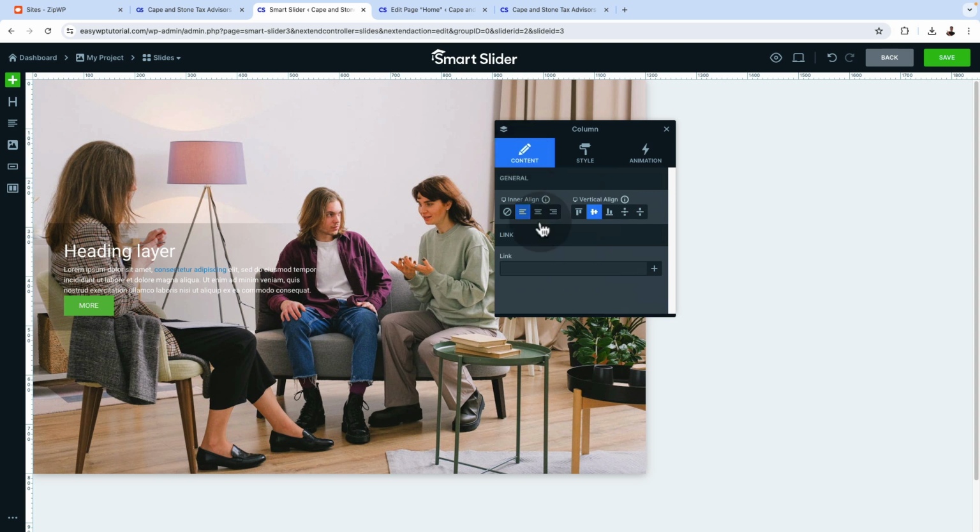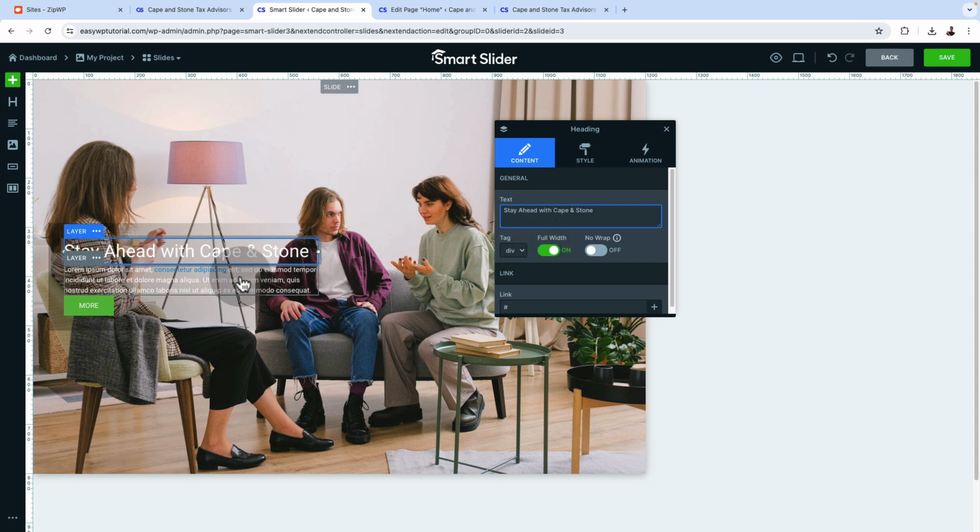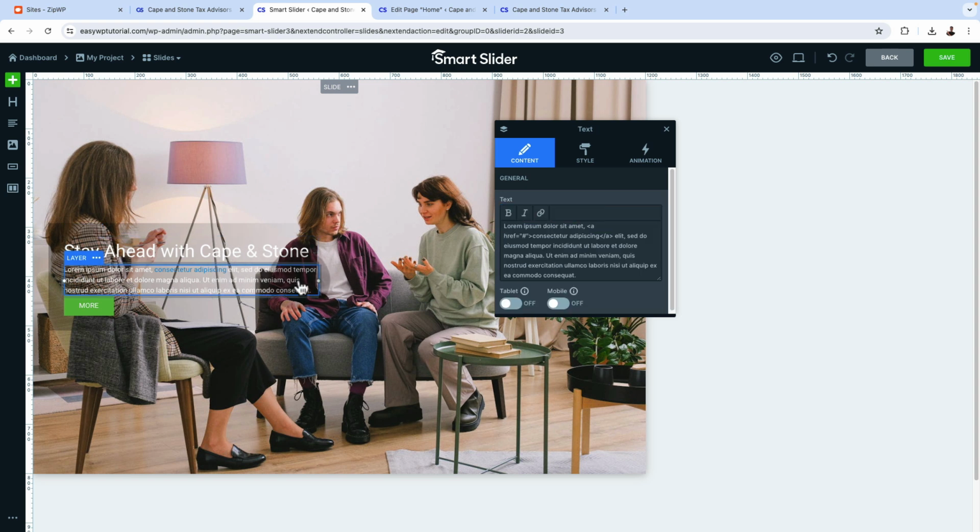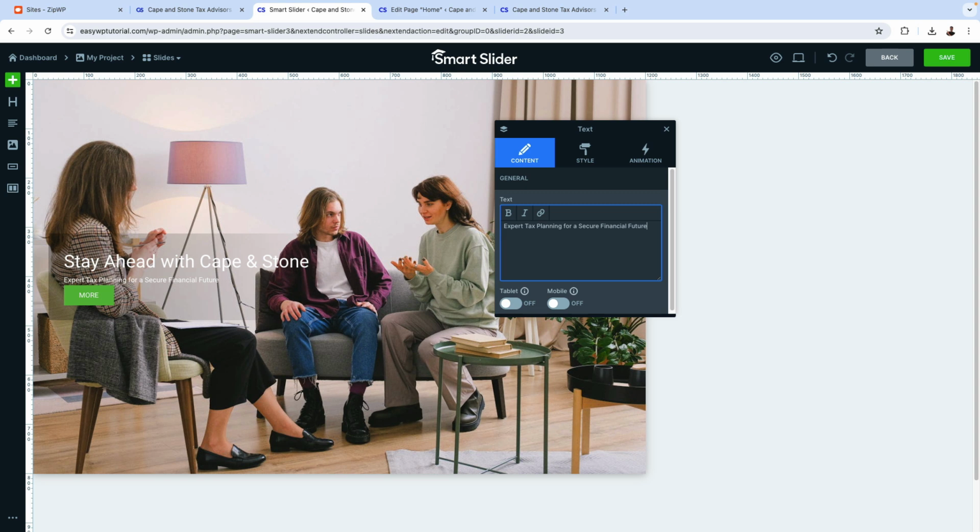Now we are going to go to the content. First of all, we add the content to our slider. The first slide content is going to be stay ahead with cape and stone. And the content that is going inside the first description or the text, just very short text. We select the button and then we say